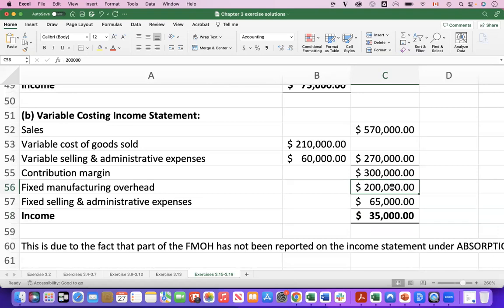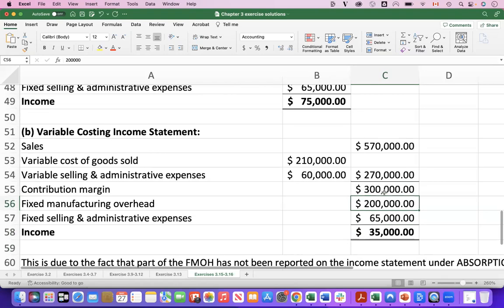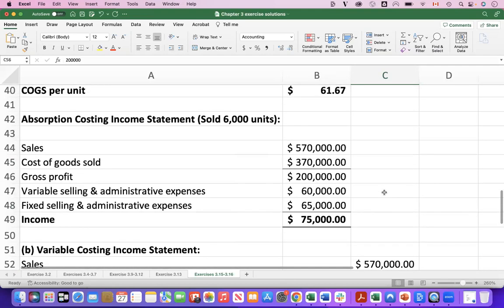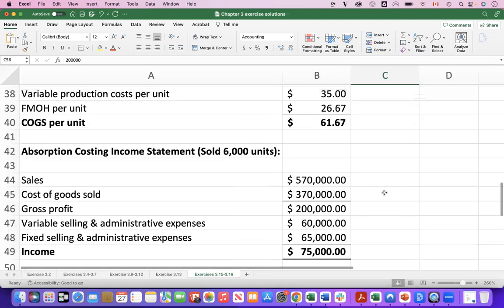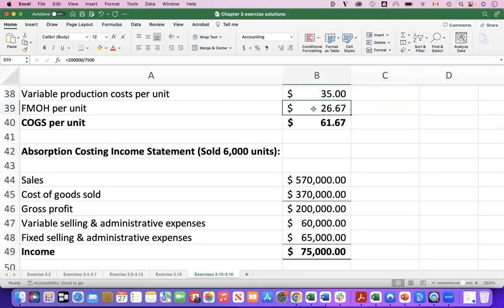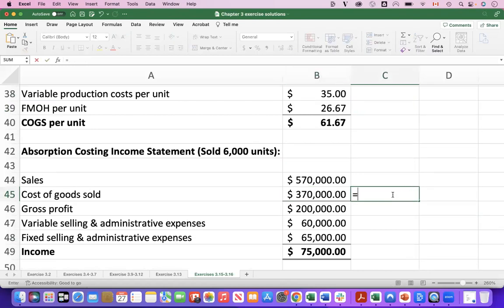So all 200,000 is going to show up on the income statement under variable costing. However, under absorption costing, the fixed manufacturing overhead per unit of $26.67, only 6,000 units worth of it is going to show up on the income statement, which if you do the math,